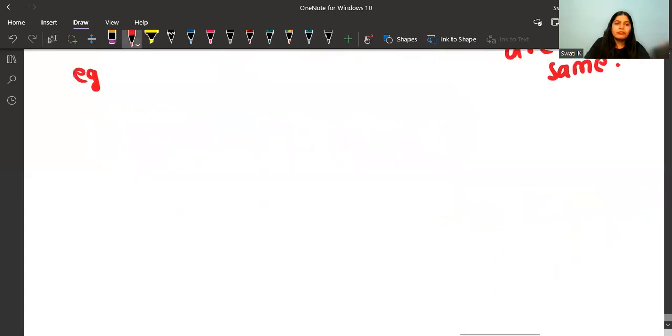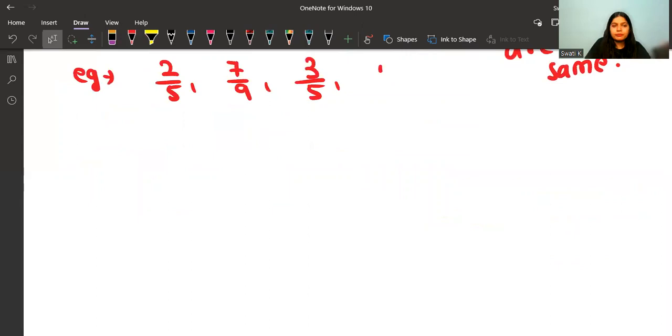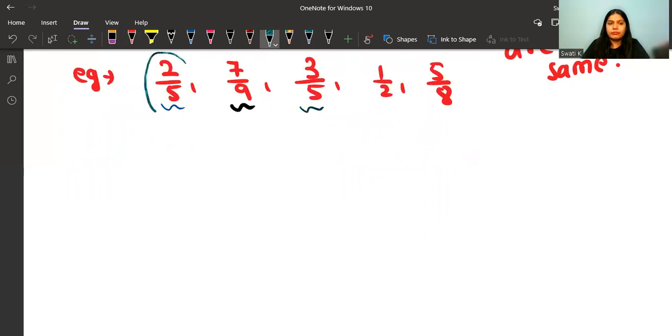2 by 5, 7 by 9, 3 by 5, 1 by 2, 5 by 8. You can see that we do not have the same denominators. They are all different. This is 5, this is 9, this is 5. So even if it is 5, 5, all the denominators are not the same. So together they are not like fractions. If you just talk about this and this, that will be a like fraction. But together, all these are not